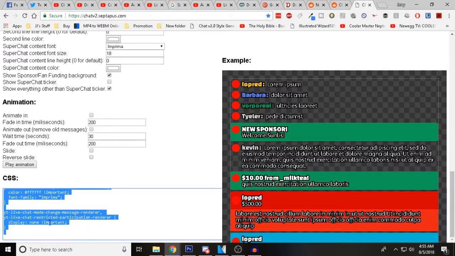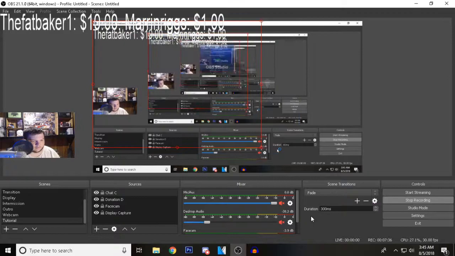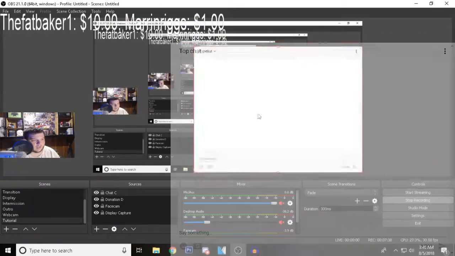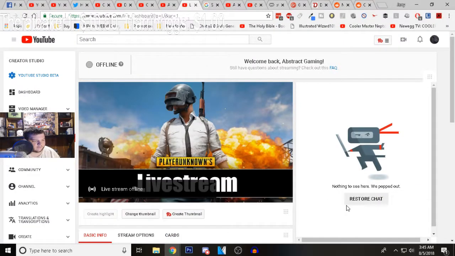I'm going to keep it with the default just for the sake of the video. But highlight every part of this, the whole CSS. You can see it right here, CSS. Copy it, take it back to OBS, and erase this custom CSS here. And paste it right there. And you see it pasted every bit of it. Hit OK. And now, whenever someone chats,